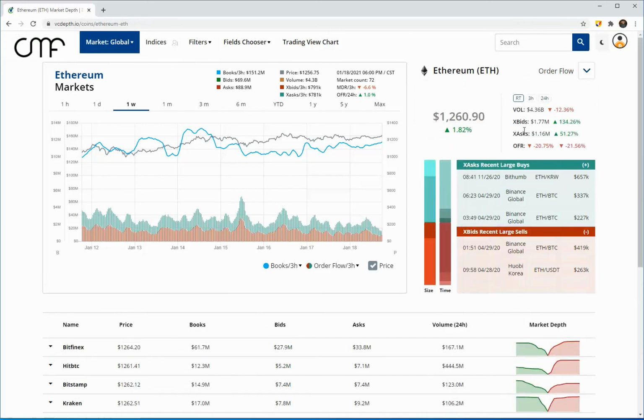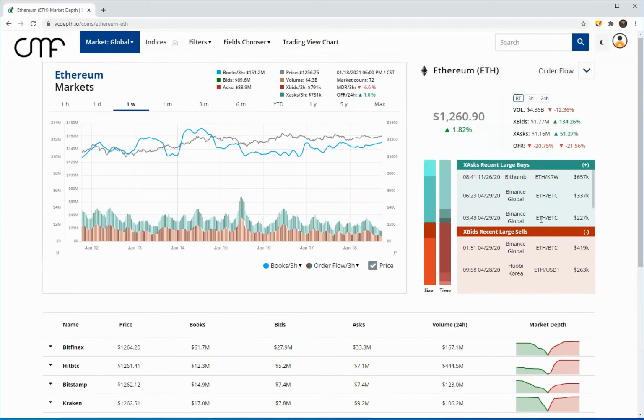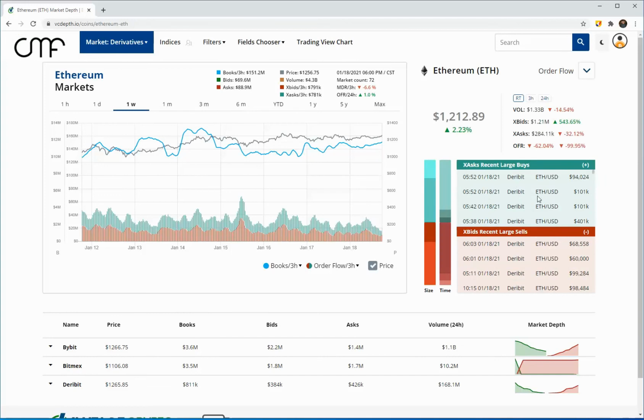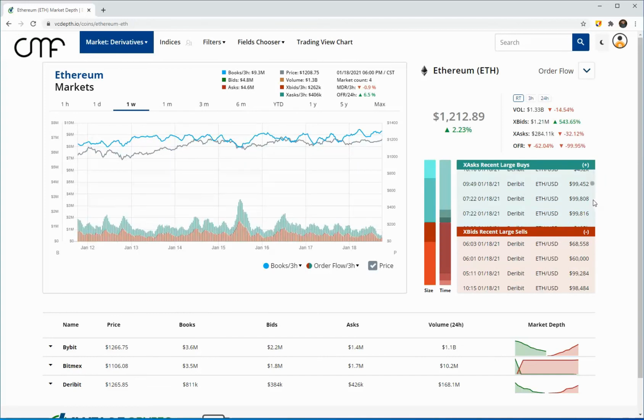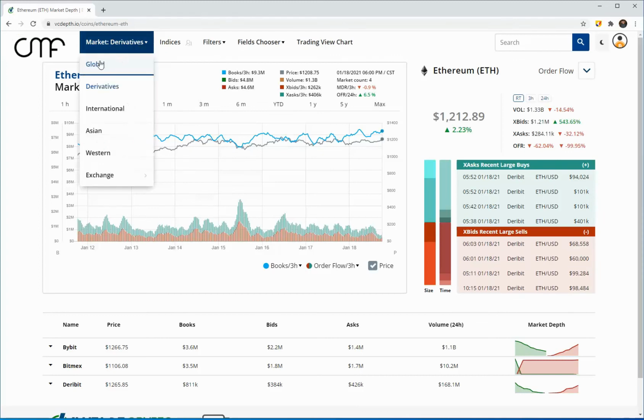We also have an order flow information panel specifically for this asset. We show the large order alerts for just this asset here. I do want to show you as well the difference you might see on this between markets. For example, if we choose the derivatives market, we can see a lot of large order alerts for the derivatives market. And again, these alerts are for orders that are greater than 5% of the total order books for that